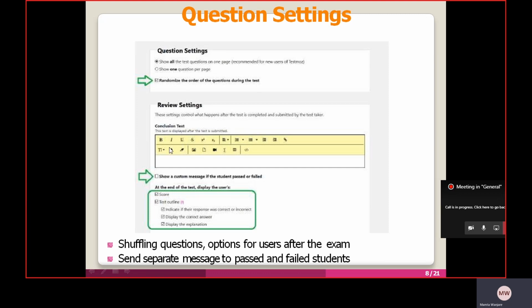Then review settings: at the end of the test you give the text for the student, that is the conclusion text. Then tick on show a custom message if the student passed or failed. If you want to send a separate message for a passed student and a separate message to a failed student, you click on that button.